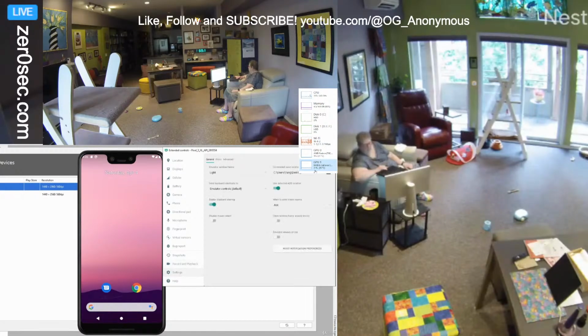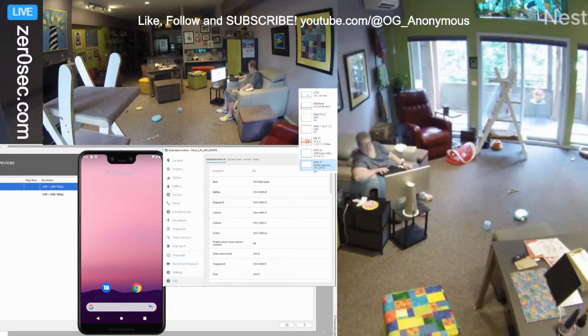Android device here. And here, of course, we got settings, so you can change the window theme, enable the clipboard sharing, so you can save text over on your Windows operating system and save it into your Android device as well. So again, a lot of other capabilities here, and there's a lot of shortcut keys that you can look